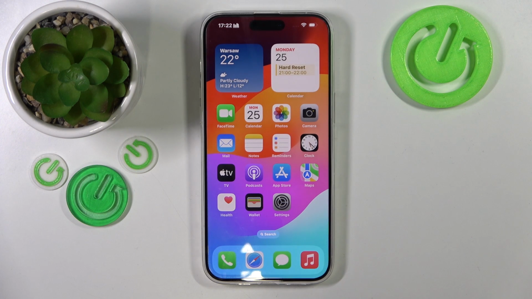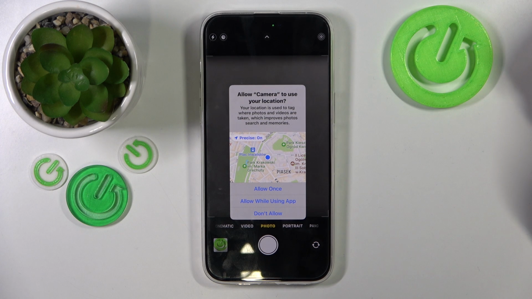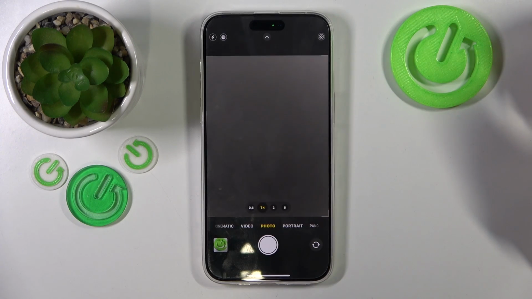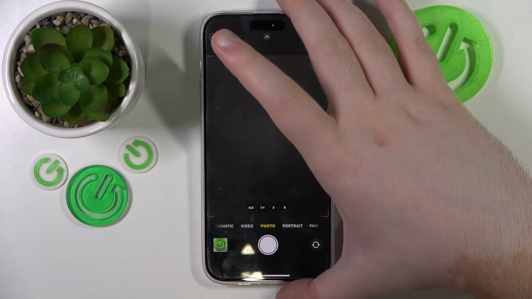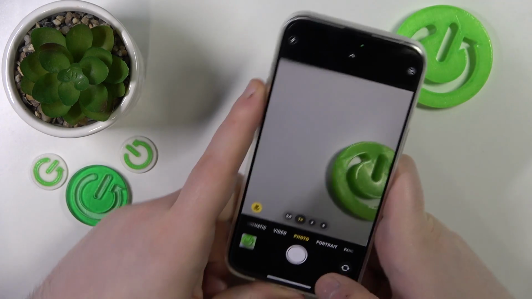So to take macro photos on iPhone 15 Pro Max, you have to start with opening your camera application, and now you have to decide if you want to allow your camera to use your localization or not. And if you want to take pictures in macro mode, you have to take your iPhone and put it close